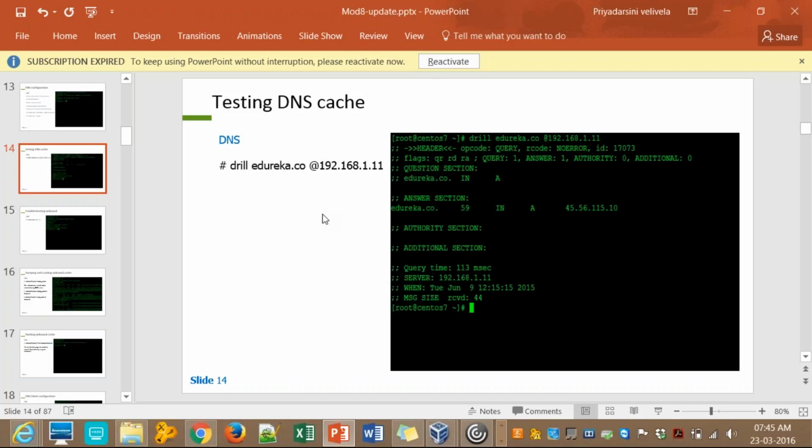Okay, so let me explain this first. In this command, we are trying to perform a drill operation. That means it is going to quickly send a request to the DNS service. So here, drill @developer.co space @IP address. We usually do this with ping, some website. The request will go to that website, it will send some packets. It takes the response and shows the time interval, how long it took to respond, whether the site is reachable or not. The same thing here,